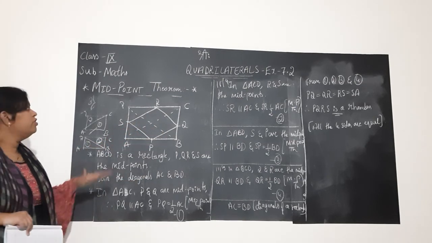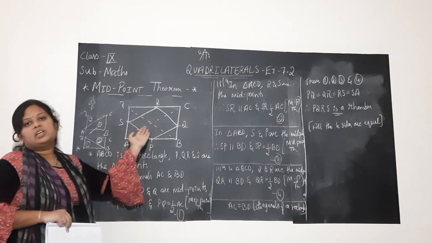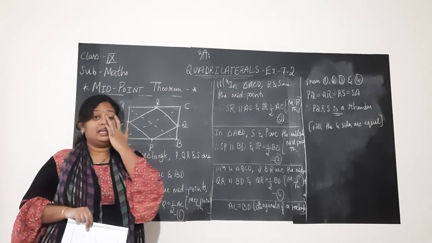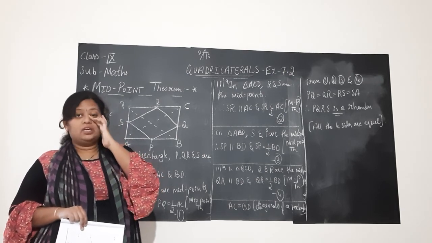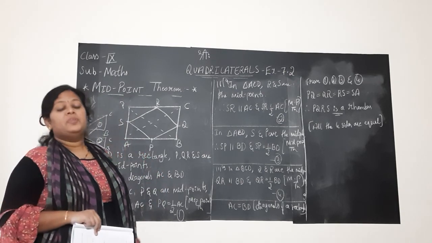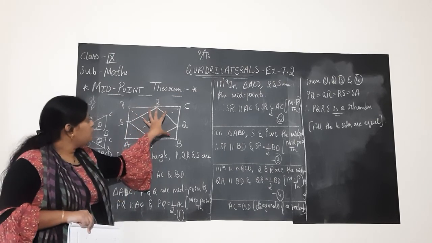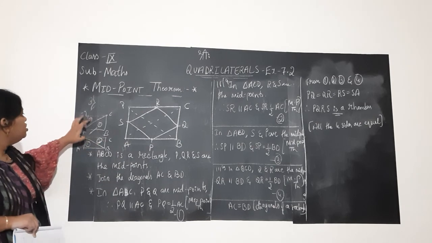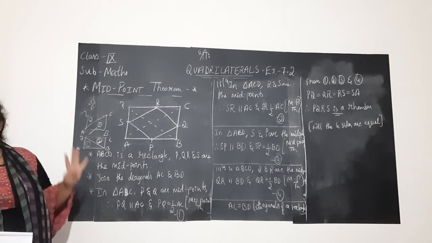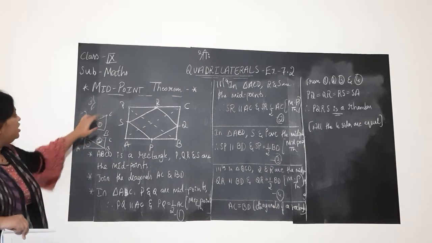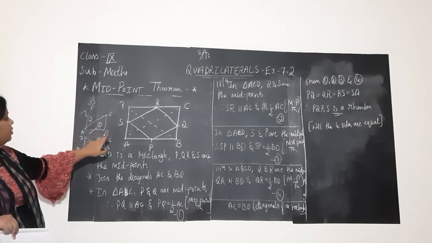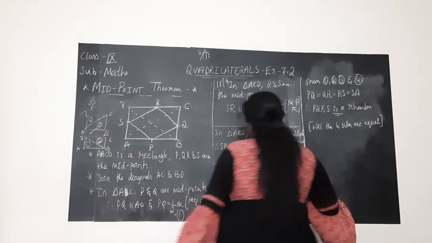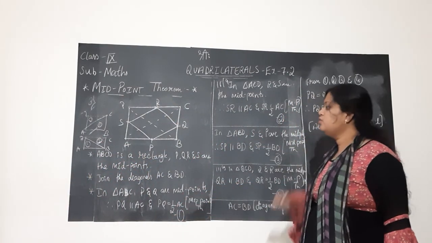Previously, if we had to prove a parallelogram or a rectangle, two sides were enough. If we prove opposite sides equal or parallel, we easily said PQRS is a parallelogram. But here, children, they are asking us to prove PQRS is a rhombus. For that we need all the four sides, so we should consider all the four triangles we get by joining the two diagonals: AC in the two triangles, BD in the two triangles. Draw and find out which ones. Obviously it is given here, but you draw it separately.